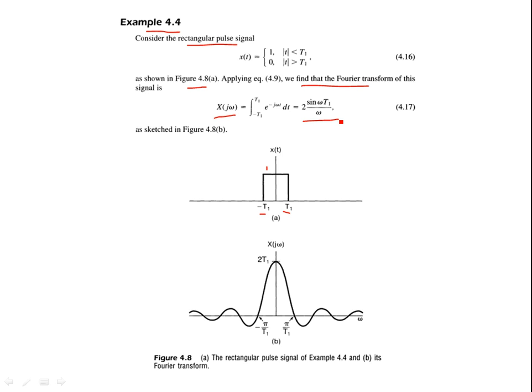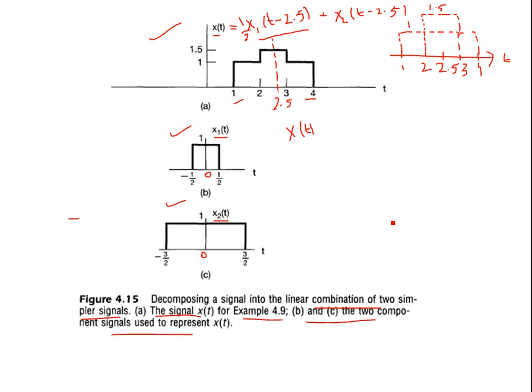So we have the Fourier transform. The Fourier transform of a rectangular pulse is a sinc function. It has a main lobe width of 2 pi by t1 and the height of 2t1. So if we know this Fourier transform for the rectangular pulse, then using the properties of linearity and time shift, we can write this. So what's, for example, x1,